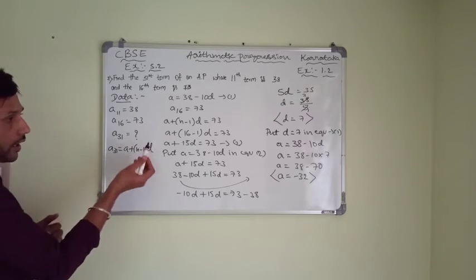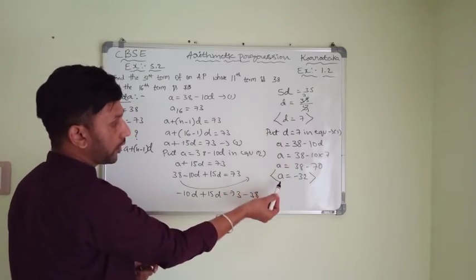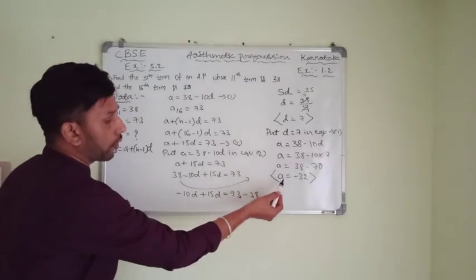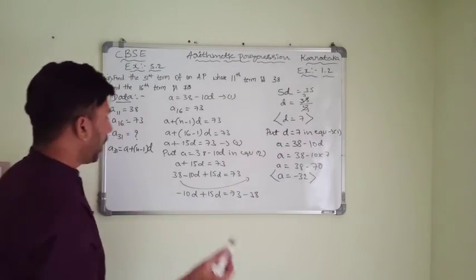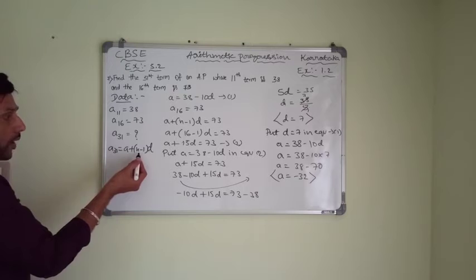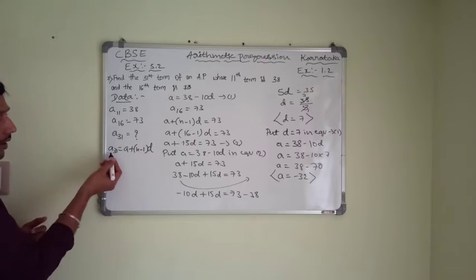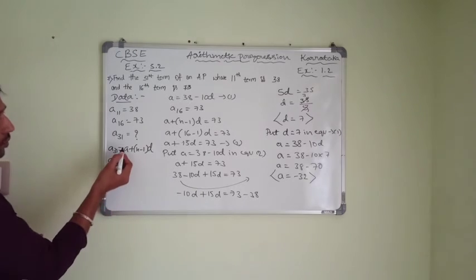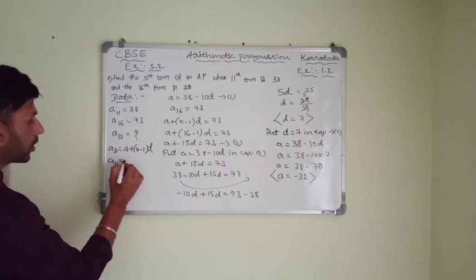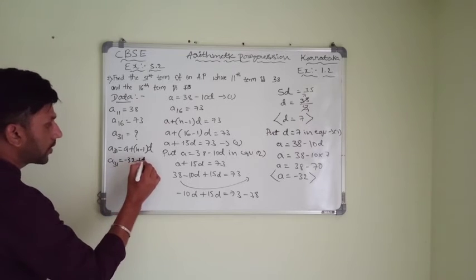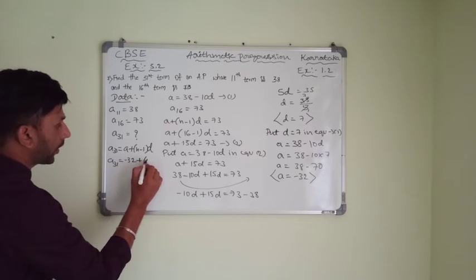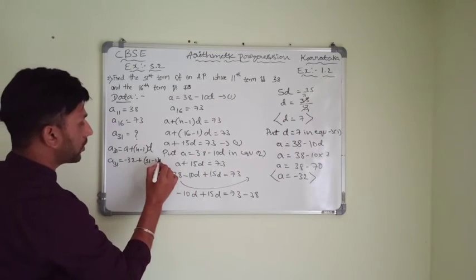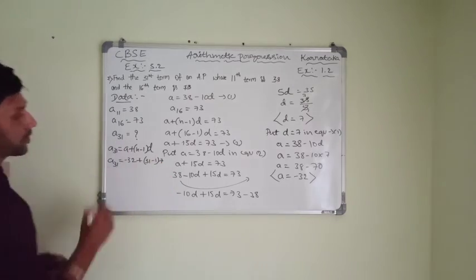Now you need a and d, that only we got. We got the a value and the d value. For this reason we have found the values of a and d. Now just apply the a value, d value and n value and simplify this, you will get the 31st term. So a 31st term is equal to, what is the a value? a value is minus 32 plus n value 31 minus 1 into d value, the common difference. d value is 7.